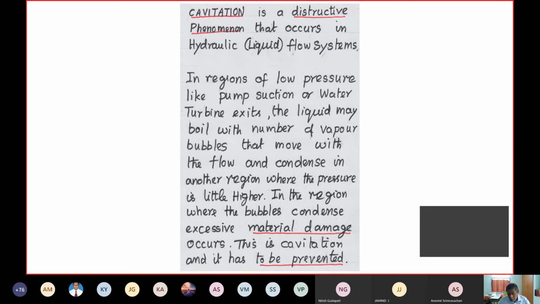And two things people talk about the effects. Okay, or one is the efficiency comes down, or maybe three things I can say. One is the efficiency of the pump will come down. The first one is probably the material damage. Material damage means, see, when a pump is bought or the pump is put into application at some site, how many years would you like it to run without much maintenance?